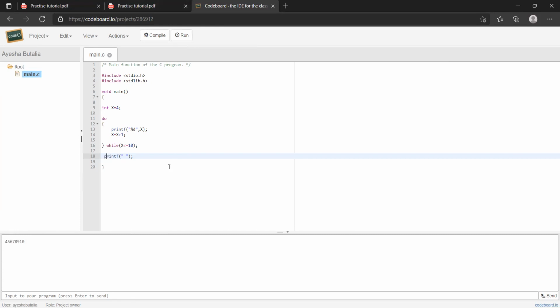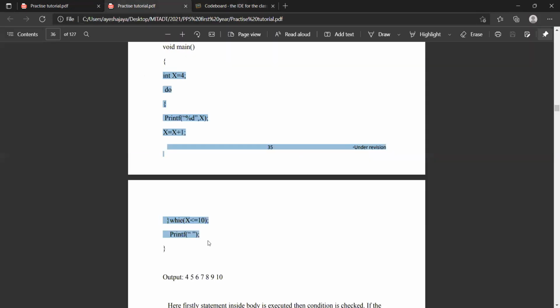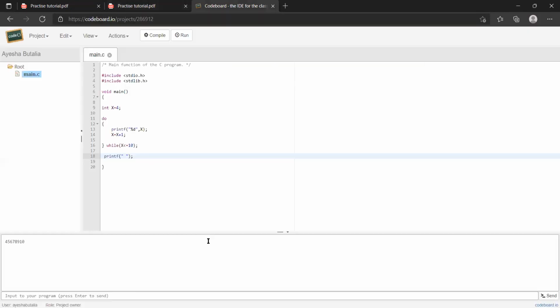Again, the space has not come up. Why? Because quotes is just quotes. You need to have what? If you can check out over here, you can put a space directly here. Let's see. Now you get the space here.